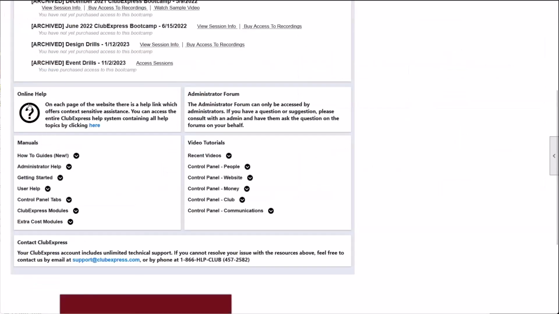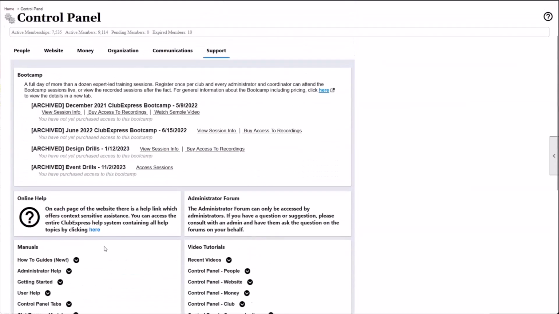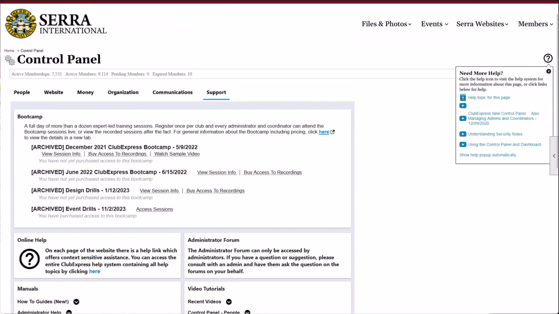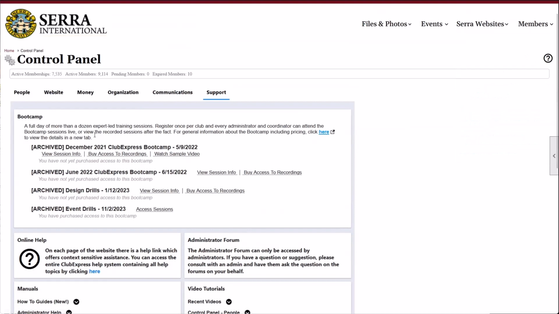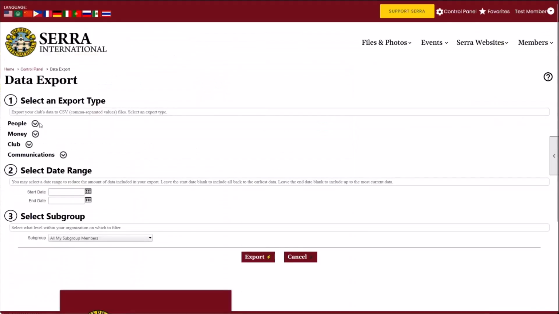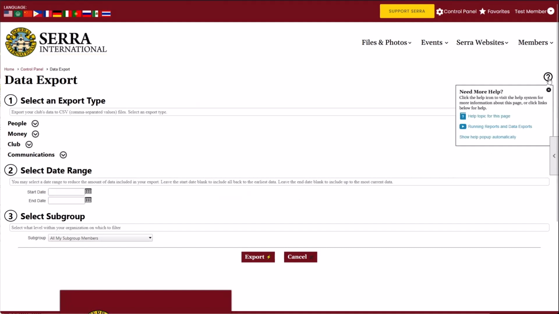There is also, you'll recognize this question mark. You'll see this question mark on just about any page you're on. So if you're ever curious about something that you're trying to edit, let's hop back over to our organization tab. We've already taken a look at data exports. If we're confused about how this page works or we get lost, you'll see that same question mark over here in the right-hand corner. When I hover over it, it's going to give me the options to watch a video